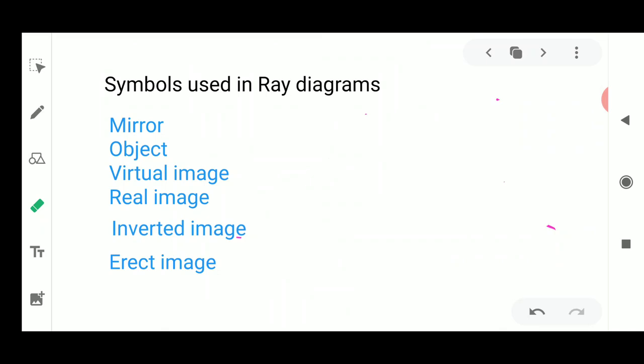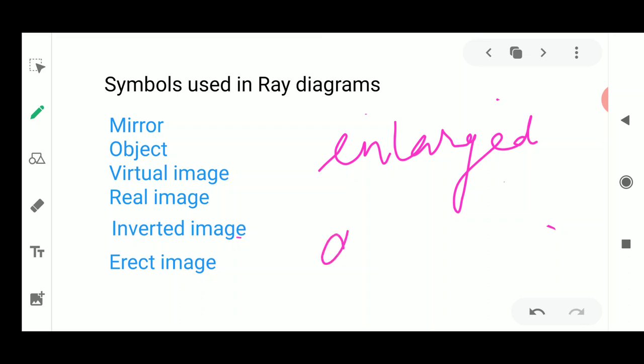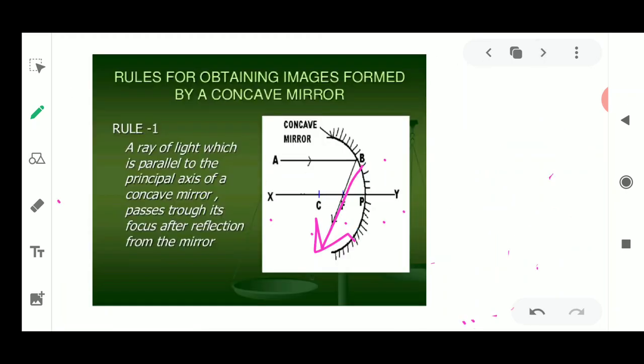So what words are there? That it is enlarged, the image will be formed enlarged. Now this enlarged means whenever the image is being formed, it will be very large, very big. And if the image is formed very small, it is not written very small, it is written diminished. So the image will be formed in the form of diminished, means it is a diminished image. Diminished image means it is a very small image which cannot be seen. So these are the few words which one should remember, and how they are being used.